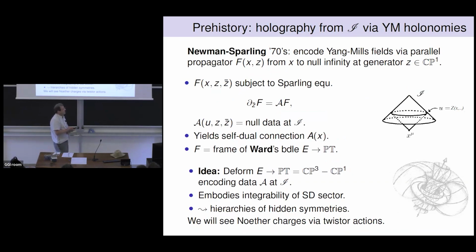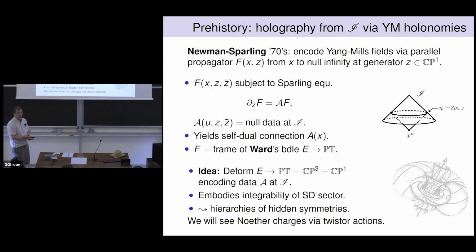So the idea was to say, well, we can pose data at null infinity, but what about reconstruction of space-time? The idea was that one can see the imprint of a point or an event X in the interior space-time via its light cone cut at null infinity. And if you were doing gauge theory,